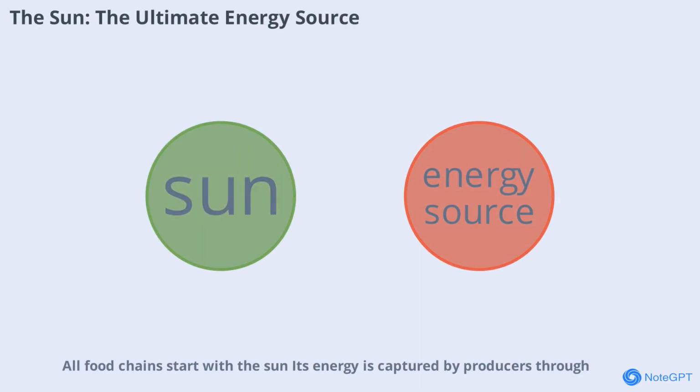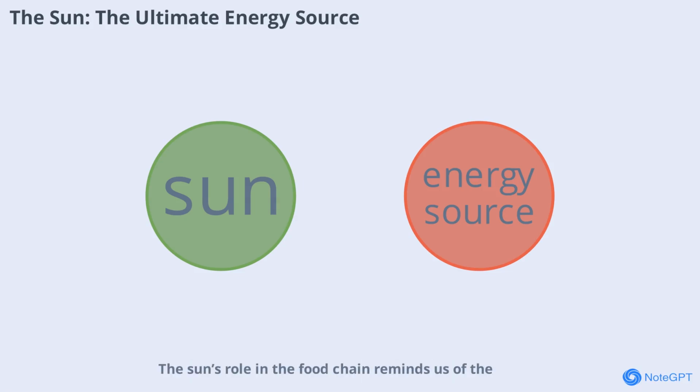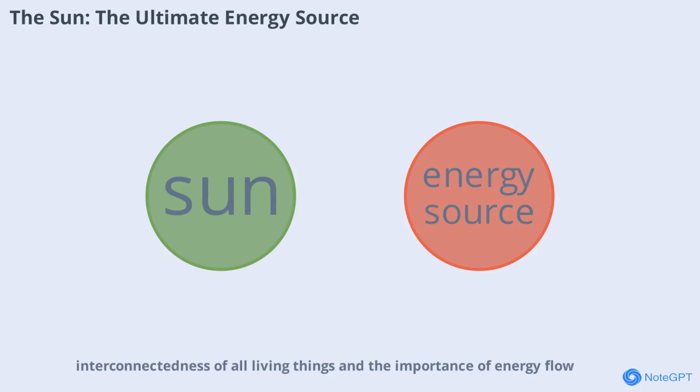All food chains start with the sun. Its energy is captured by producers through photosynthesis and then passed along the chain. Without the sun, there would be no energy for life on Earth. The sun's role in the food chain reminds us of the interconnectedness of all living things and the importance of